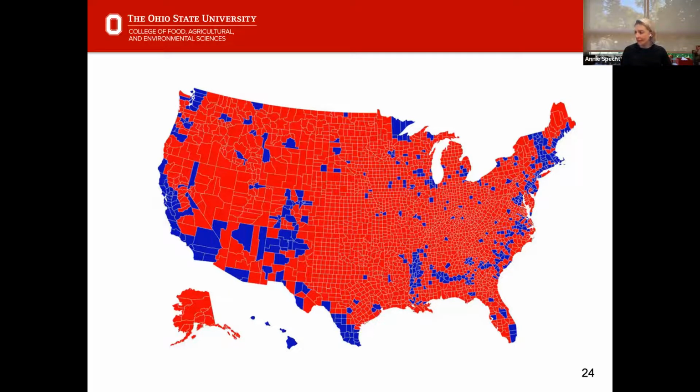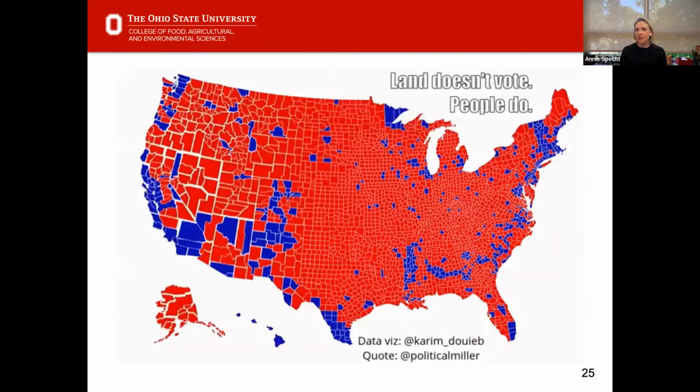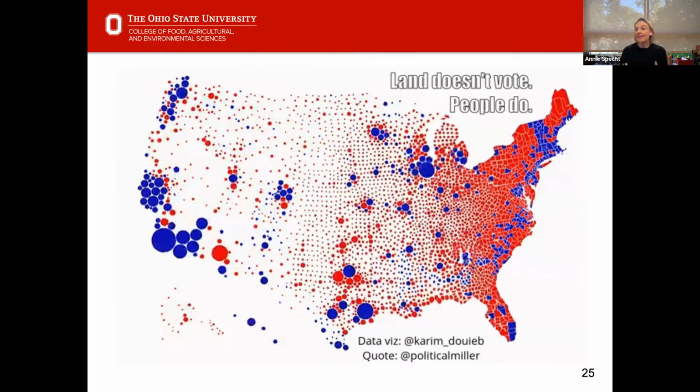The problem with this, and as was pointed out by several data visualization specialists, is that counties don't have equal populations. So when we're looking at countywide votes, just because a county voted for a particular candidate doesn't mean that candidate necessarily had as many votes, because counties in Wyoming are going to have a lower population density than counties in California or New York, right? Just because there's a lot more concentration of people in those areas. So the point that got thrown around was this idea that land doesn't vote, right?